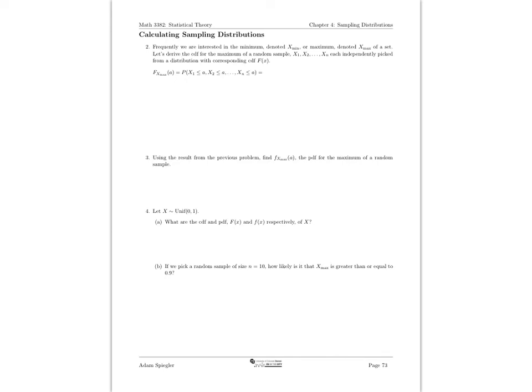Okay, so let's take a look at question number 2. In question number 2, we've got a random variable x, which has CDF that we'll denote capital F of x. Now what we're going to do is pick a random sample of n values